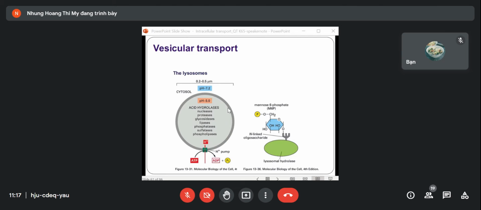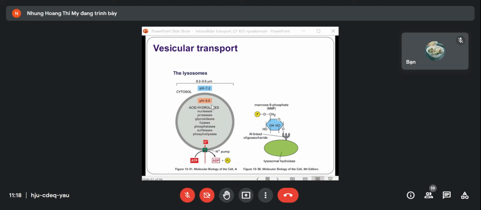So this set of hydrolases can digest many types of molecules, from proteins, lipids, and glucose molecules in the cell. And these hydrolases only work in an acidic environment. That means a low pH value,